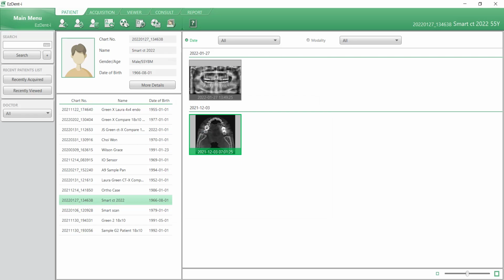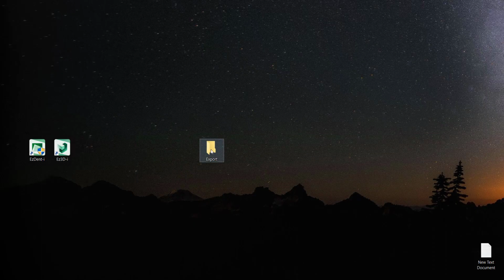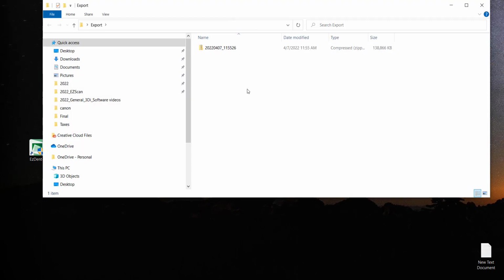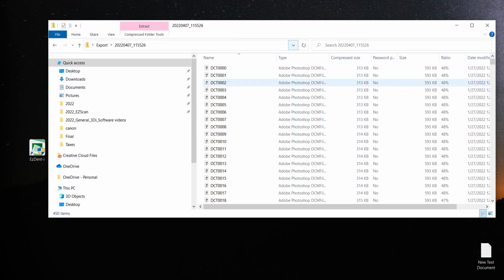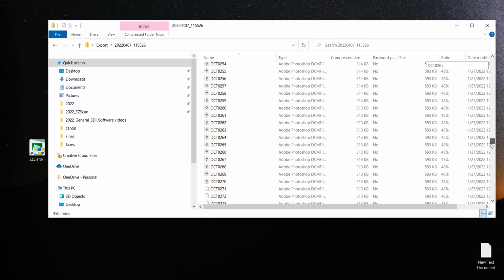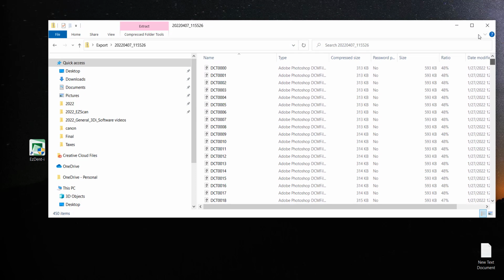Once that's done, I will go ahead and navigate back to my export folder. We can see that there's one file in there. It is zipped, and if we open that file, we can see that only the DICOMs are inside this